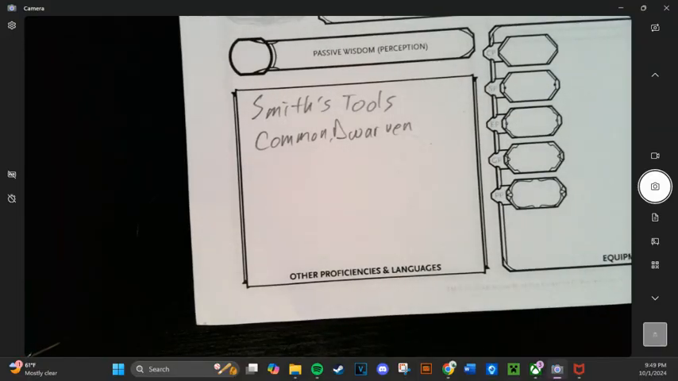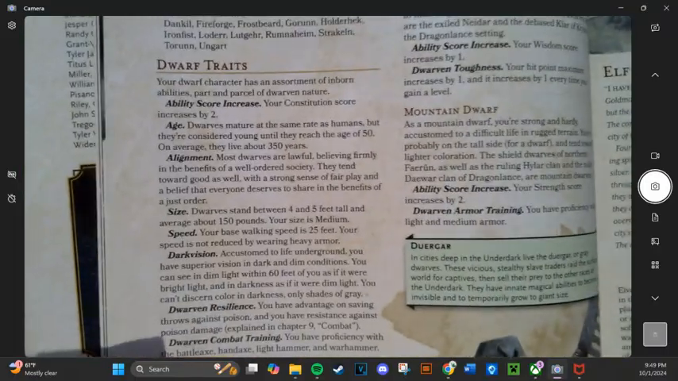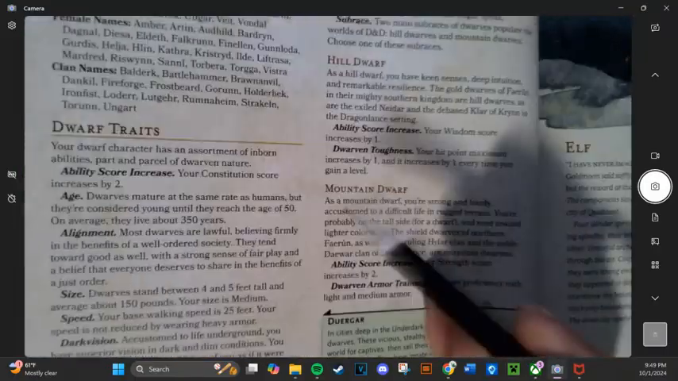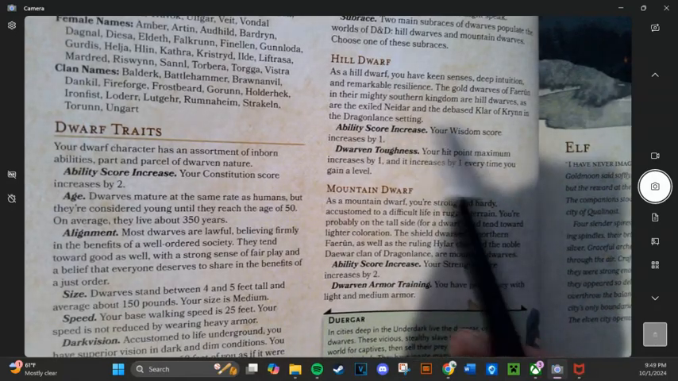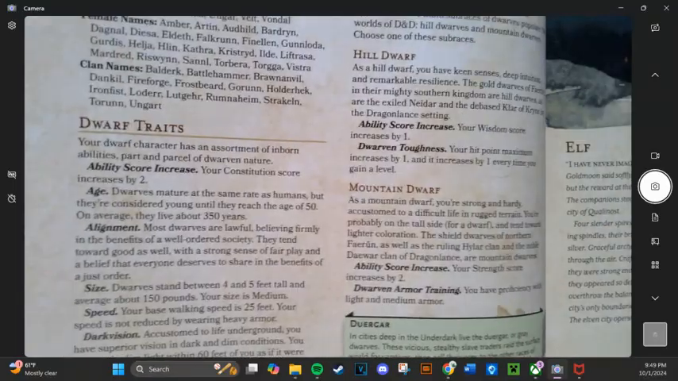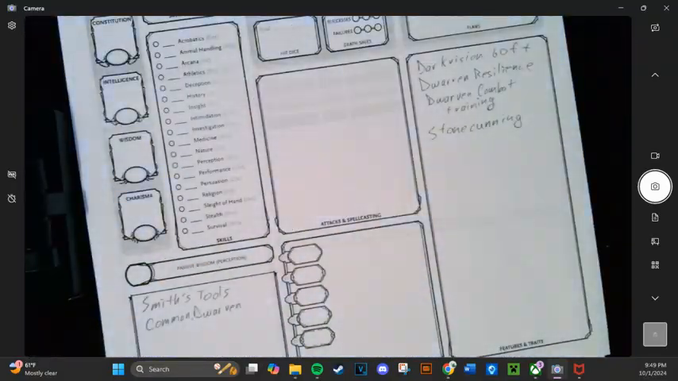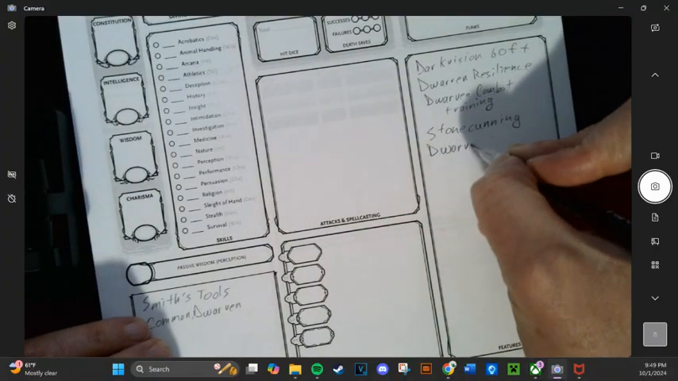Okay. And then I'm going to choose my sub-race. Here, I'm going to choose to be a hill dwarf, right? So hill dwarf right here. You can read about it if you want to, but wisdom goes up by 1, but again, we're not worried about ability score increases. But I do get dwarven toughness, right? So basically I get extra hit points, okay? But when I figure out hit points, then I'll add that in. But I do write dwarven